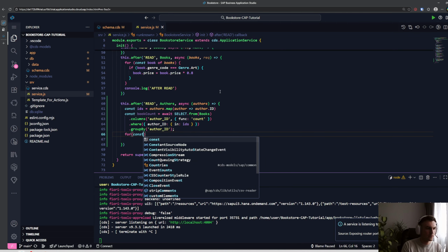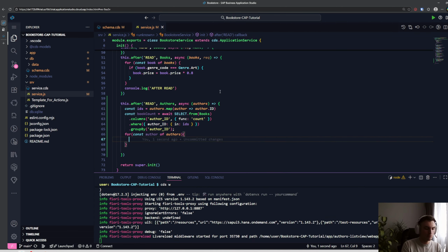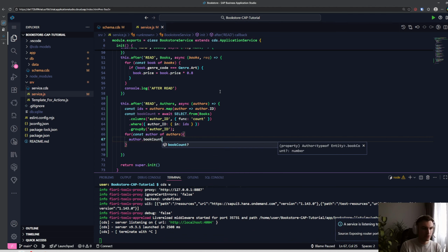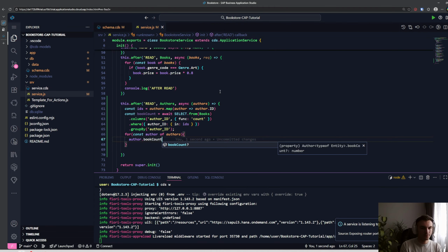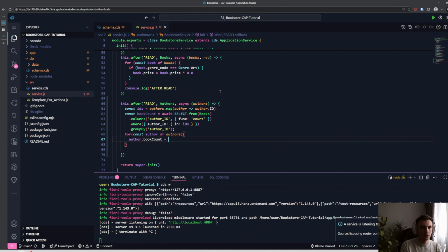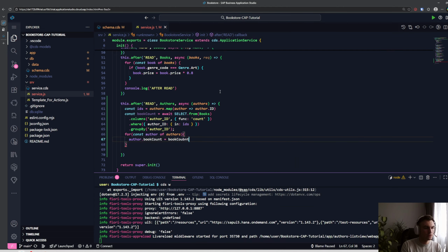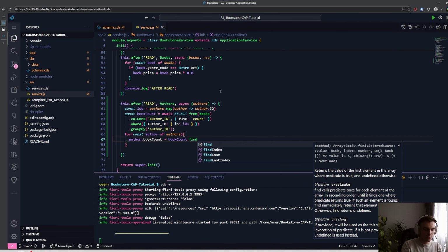So for const author of authors, you want to set the author.book count to its respective value, and we do it by doing a simple map function. So you can do the book count, and I want to use a find function to search for